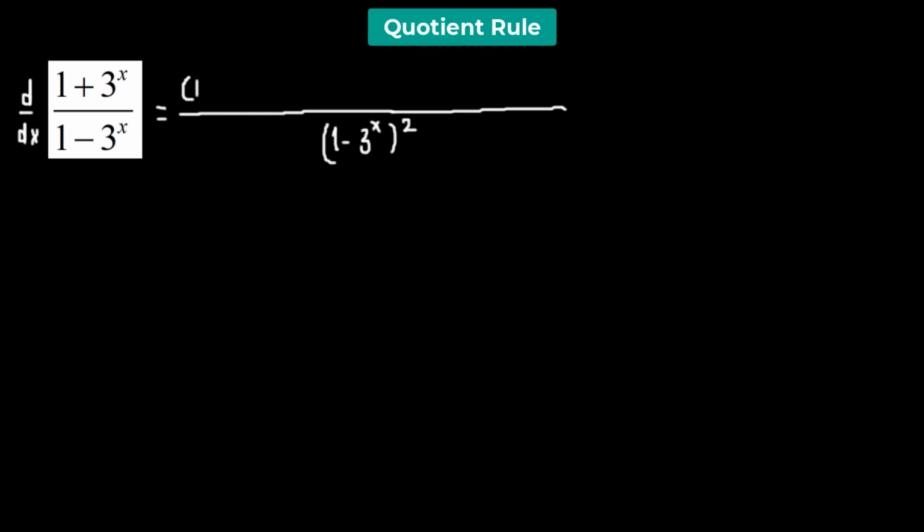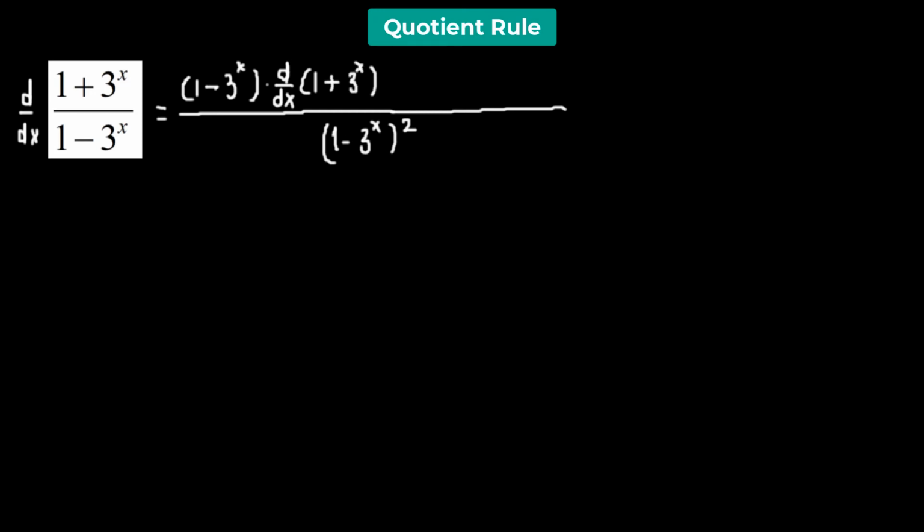So here we have the function 1 plus 3 raised to the power of x divided by 1 minus 3 raised to the power of x. So we find its derivative using the quotient rule. So we'll have 1 minus 3 raised to the power of x whole squared in the denominator. And in the numerator, we begin with the denominator, so that is the function in the denominator, which is 1 minus 3 raised to the power of x multiplied to the derivative of the function in the numerator,